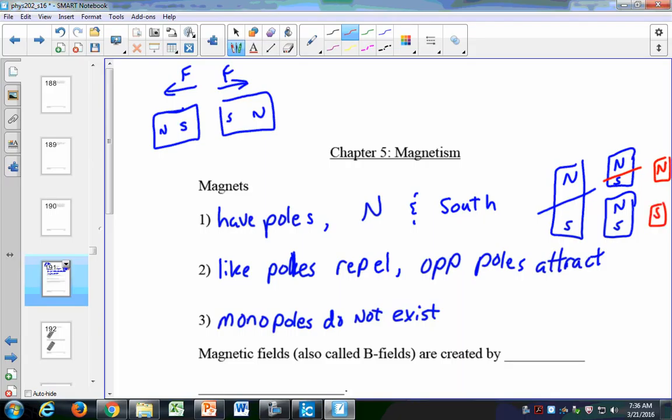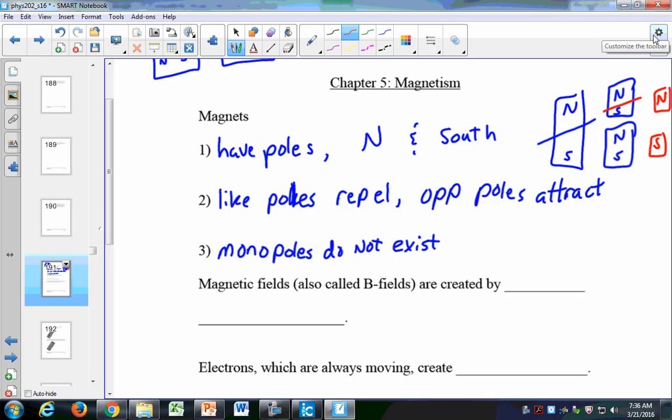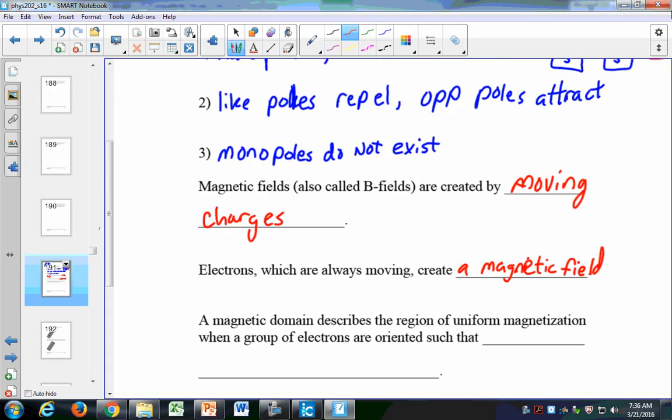Because they didn't understand where magnetic fields came from, that seemed like a logical conclusion that if you keep breaking this thing down, eventually you're going to get sort of the fundamental particle of magnetism. But magnets are created by moving charges. And electrons, which are always moving, create a magnetic field. And so the result of this is that no monopole can exist,